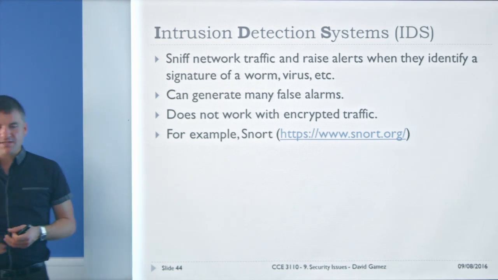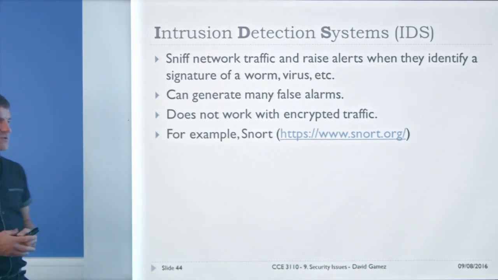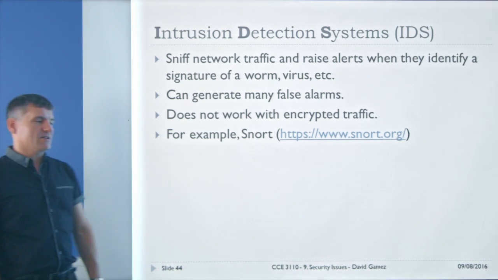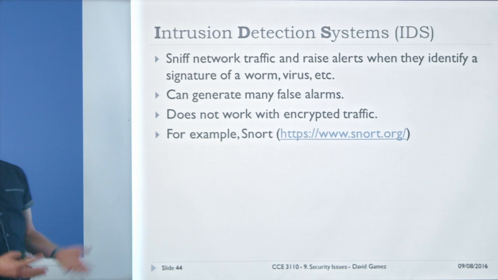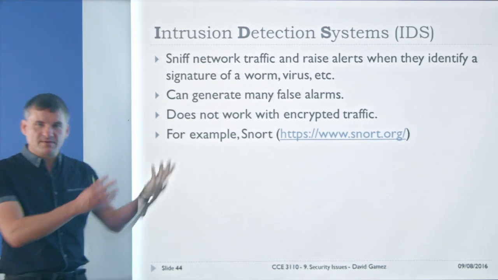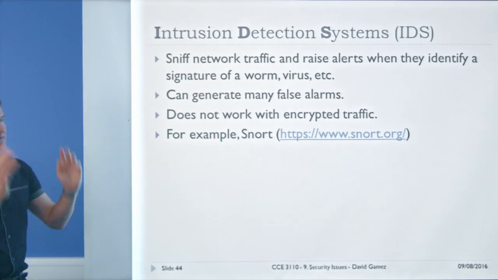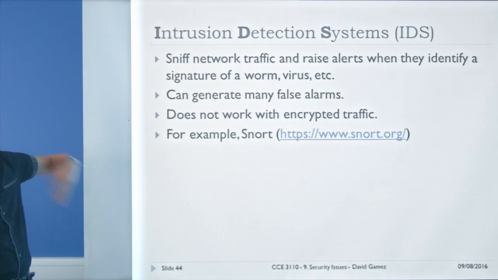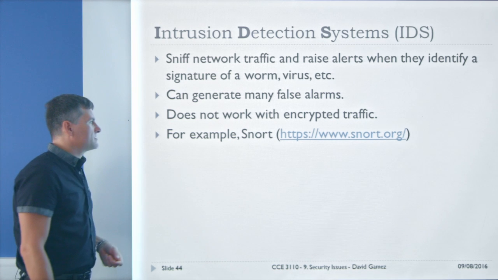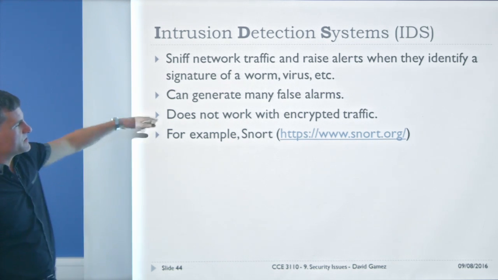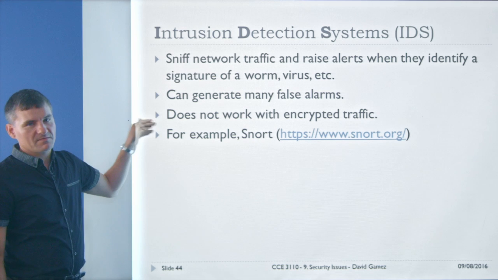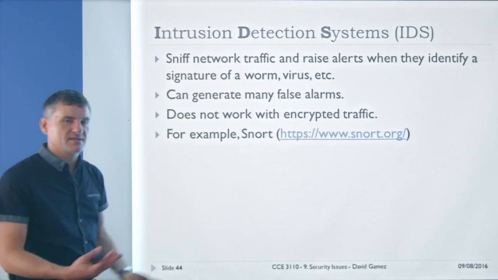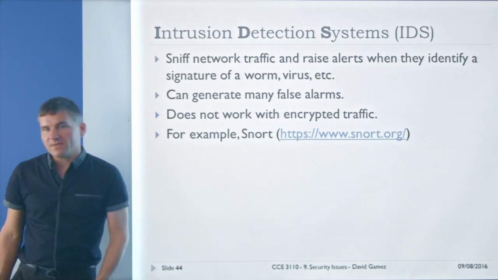We were working with Swisscom, and we were using Snort. But this thing generates enormous numbers of false alarms. If someone did a search for something like worms for gardening, maybe it would generate an alert. So you've got vast numbers of false alarms, which made it pretty much useless because trying to sift through all these alarms took an awful lot of time. These kinds of intrusion detection systems also have problems if they're working with encrypted traffic, which a lot of traffic is now, because they can't see inside it, so they can't detect signatures of worms. But they might be useful in some cases.